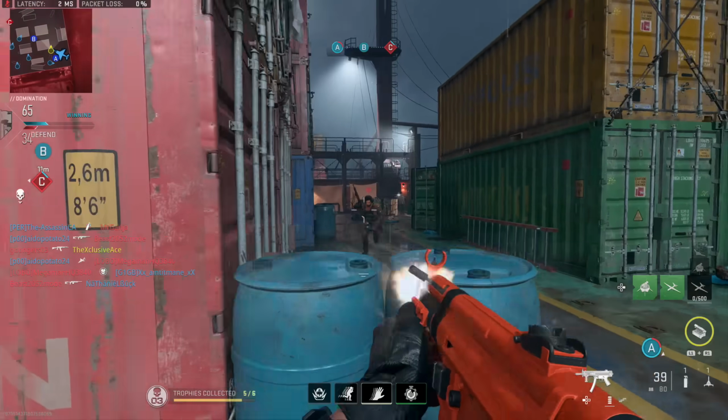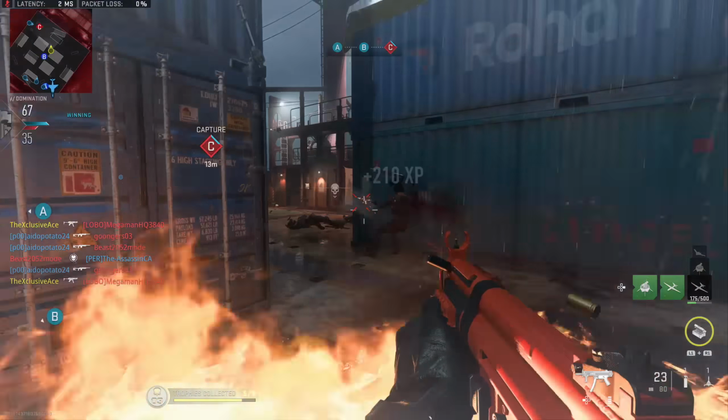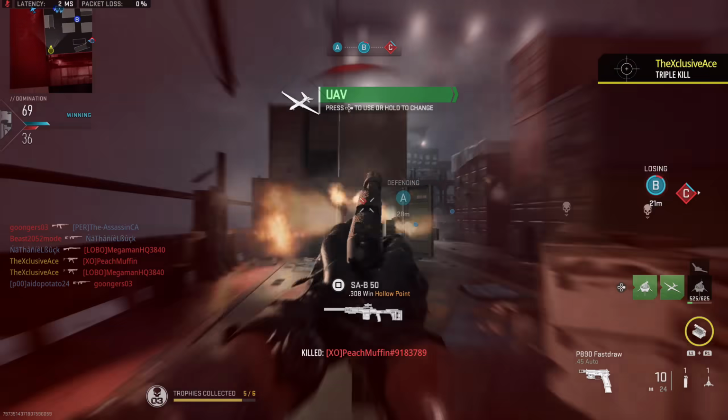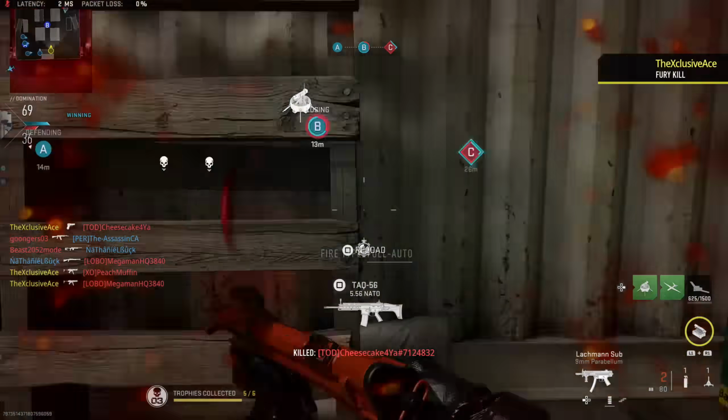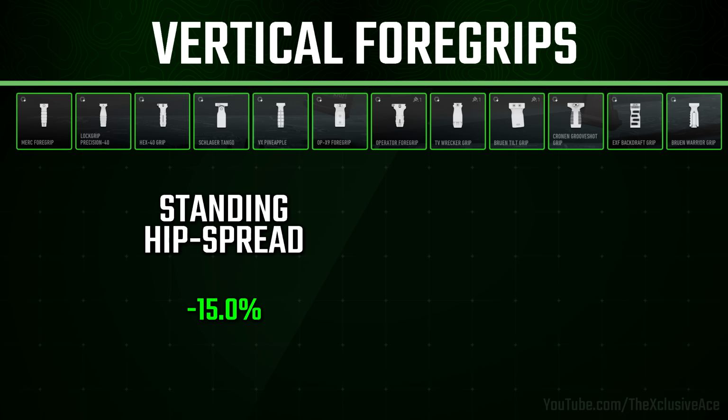And with this, while there are some angled grips that will be helping with your hipfire to some degree, the ones that tend to help the most are going to be the vertical foregrips, and therefore that's what I'm going to be focusing on here, just to keep things fairly simple. And it turns out, with every one of the vertical foregrips, our standing hipfire spread will be improved by about 15%,